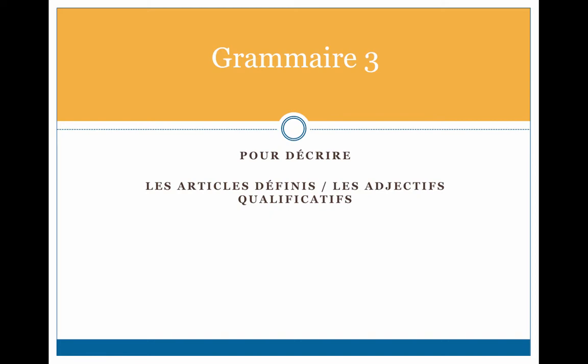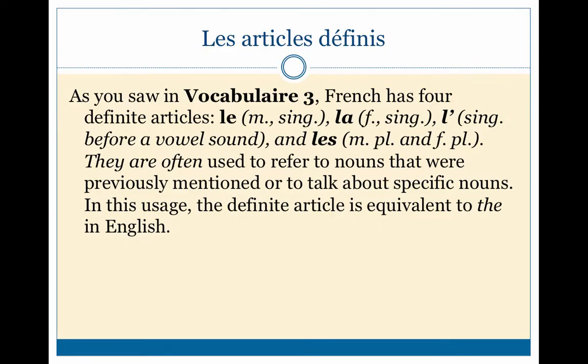So if you are trying to express yourself and trying to choose between the two types of articles, if you decided that you're going to use an article, you have to think about the meaning of what you're trying to say. If you're trying to say a, an, or some, then you're going to need to use the article indéfini. If you're trying to express the idea of the dog, then you would use the article défini, the definite article. And then after that, we're going to talk a little bit about adjectives, because not only do articles have to agree with the noun, but our adjectives do as well.